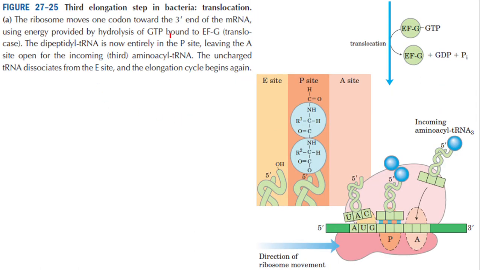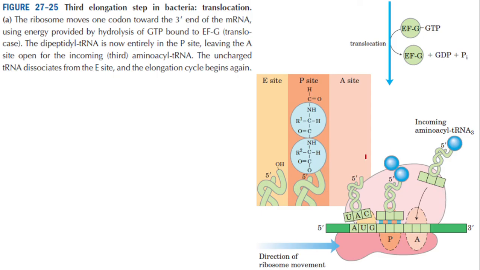The third elongation step is now simple. The next tRNA is coming to the A site, carrying an amino acid. If the codon is matching with the anticodon, the amino acid is joined to the previous one by means of peptidyl transferase. Then there is a translocation. Now the ribosome is moving one codon to the right. Again the A site becomes empty. Again a new tRNA carrying an amino acid comes there, and the process is repeated.